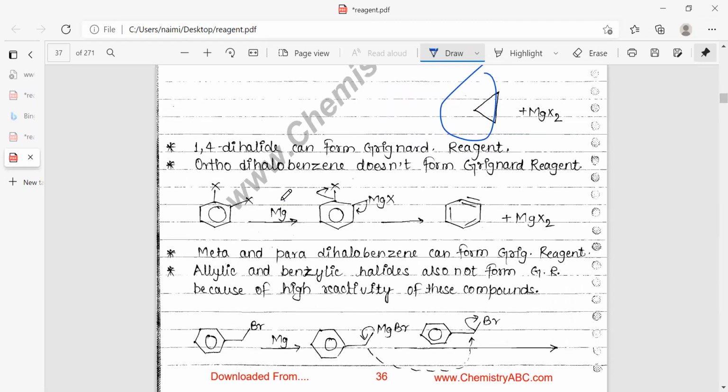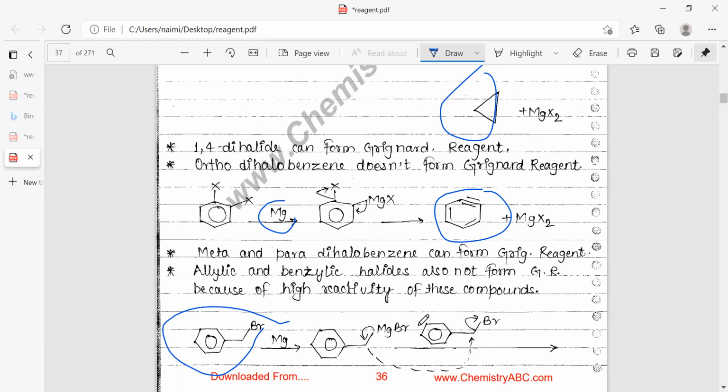Similarly, you can see in this, magnesium will be inserted between these, and here the triple bond, meaning the benzene ring, will be formed, and MgX2 will be released. And it is a very important point: meta and para dihalobenzenes can form the Grignard reagent. So if the reaction is carried out with this benzyl bromide and magnesium, MgBr will be formed, and